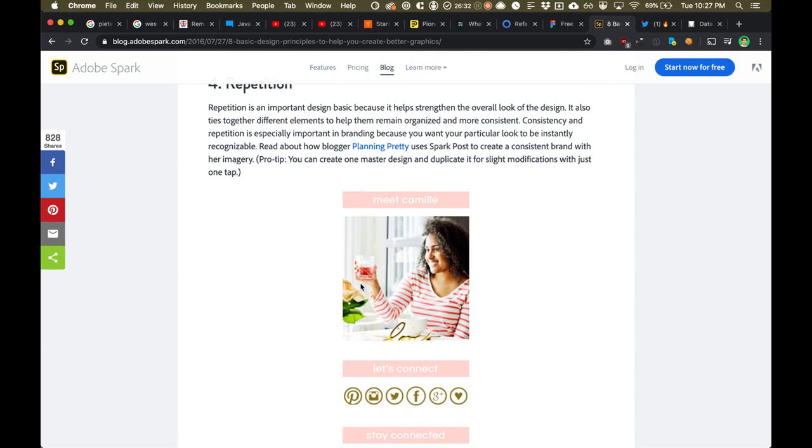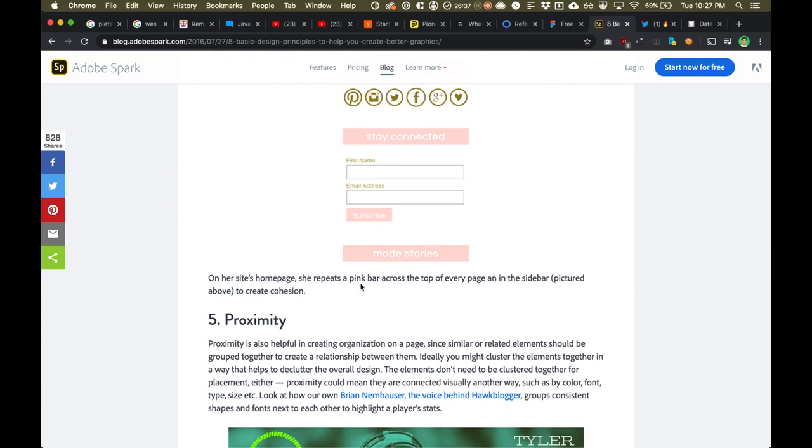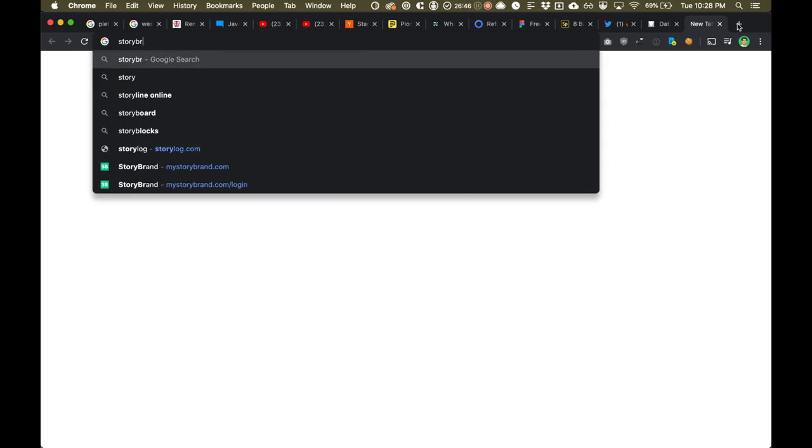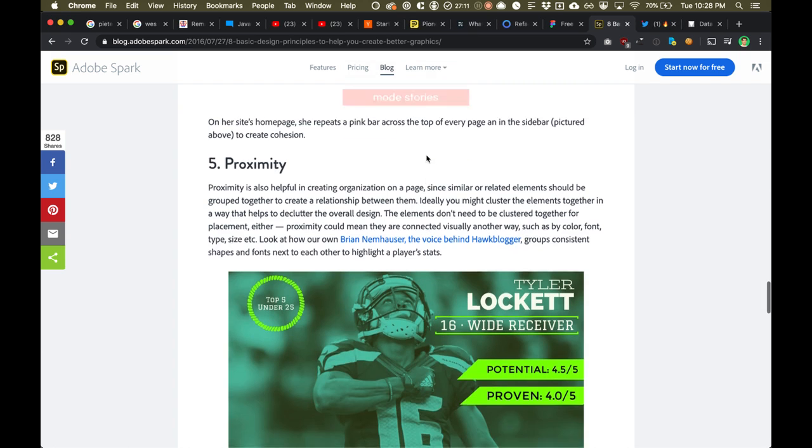Repetition, obviously you want to keep hammering home the same message across your site, so you want some kind of consistent brand story. And if you want to learn more about brand story, I'd say the best one is Story Brand. It's nicely named, but this is a book, Building a Story Brand. I would highly recommend this book. It talks all about how your company is not the protagonist in your customer's journey. The customer is the protagonist, and your company is the guide that is helping them along their journey to fulfill their mission and to accomplish their goals.